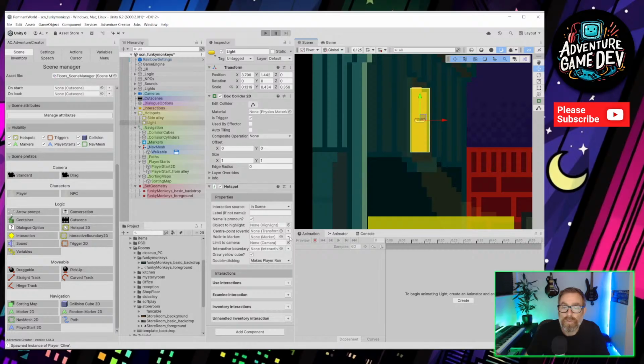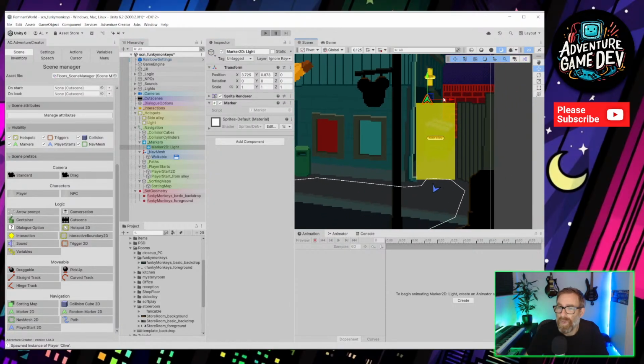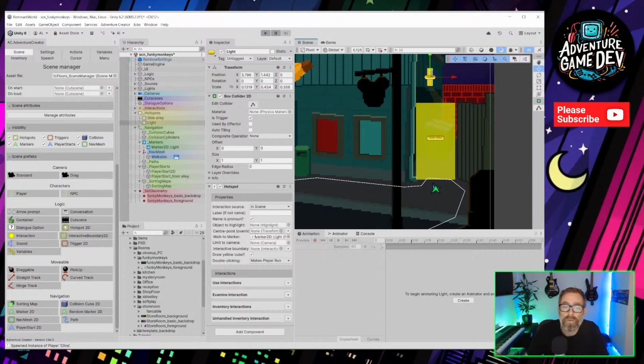And actually we need to create a walk to marker for that. I should have called that window really. Light was a silly name for it. So we can stand here and look at it, and so that's going to be important there. In fact, we'll use the same walk to marker as we use for that. So the light has got that walk to marker.